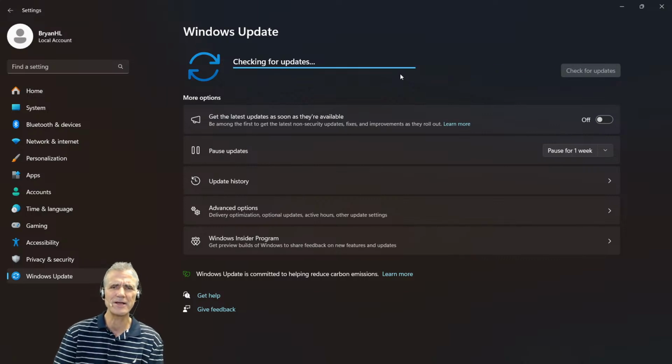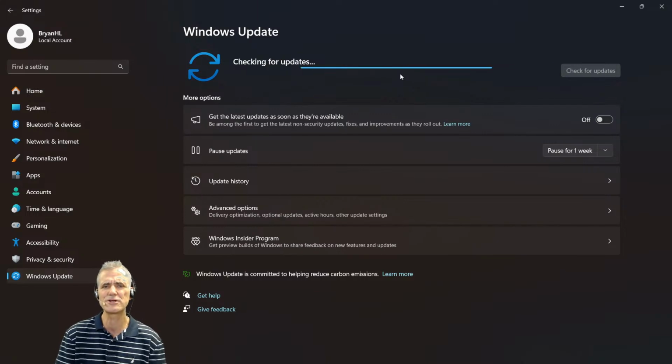At A Faster PC, we actually have managed programs, and we have this for businesses, for accounting offices, for lawyer offices, other professional offices. We have it for medical offices. We also have it for small home office people, and we have it for residential clients.